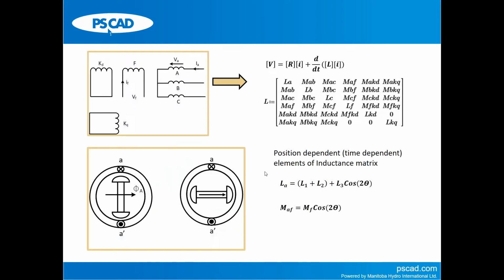Here I'm just trying to show, I think I already explained, why some of these inductance terms are time varying. You can easily figure that out from this equation and this diagram. Phase A and A dash represent the phase A winding in this simplified example. The flux due to currents in phase A would go like this, or go like this, in the same direction, because it's a stationary winding. But depending on the rotor position, this flux has to either go through